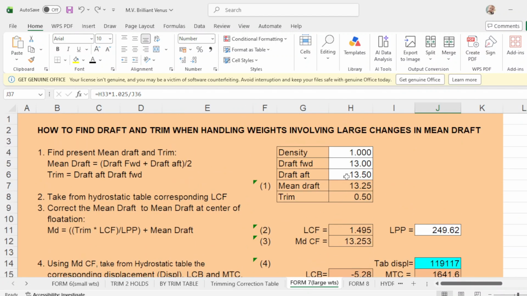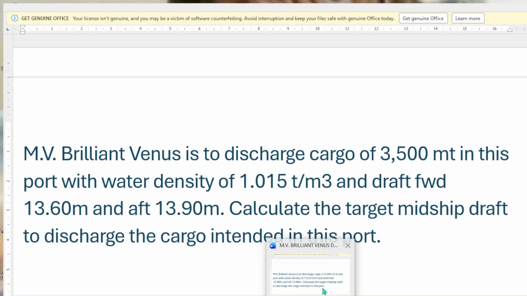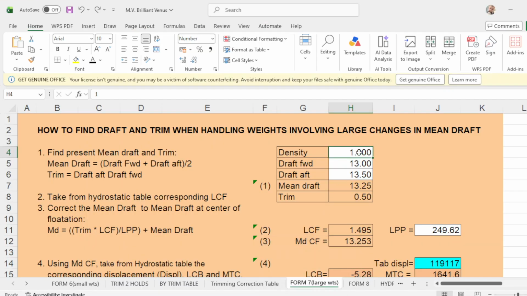Okay. What is the initial density at berth? Initial density at berth is 1.015. Okay, put 1.015. This is form number 7, on how to find drop and trim when handling weights involving large changes in mean drop.